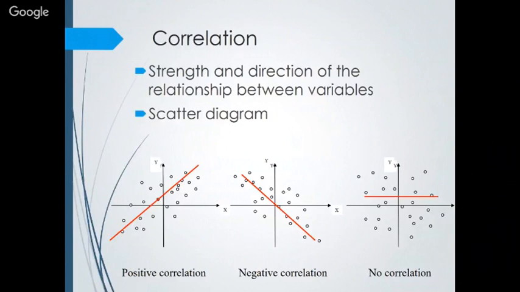Like that, we have to get the p value and compare. On the basis of the p value, we can take the necessary decision. Now we will go to correlation.